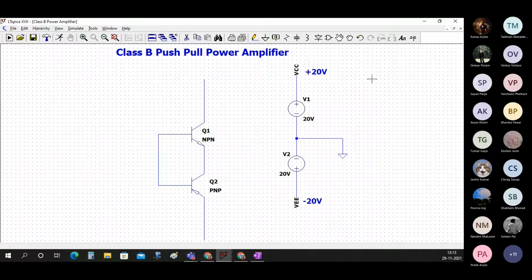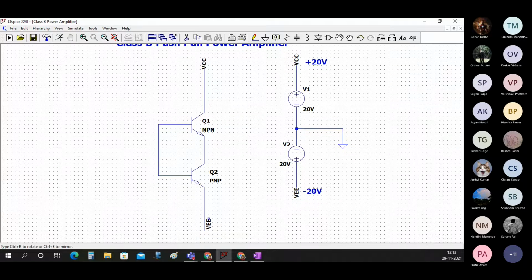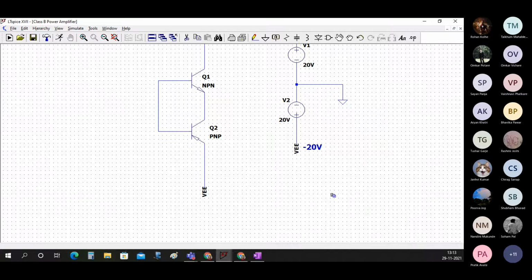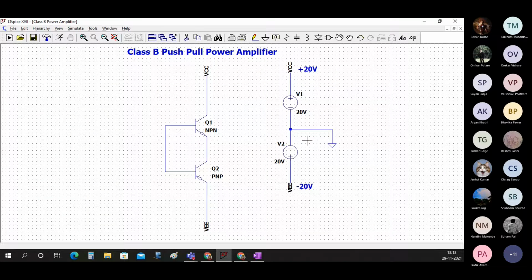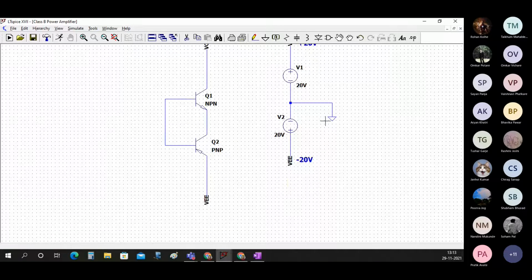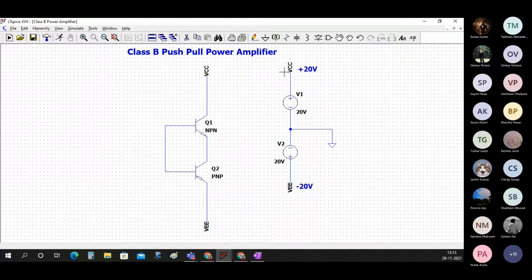So now what I can do is I can just copy this VCC and connect it here. Then I can copy this VEE and connect it here. So what it means is that whatever voltages you generated are now given to this. This VCC is as good as a wire; you don't have to connect a wire like this from here. Though you can do that, there is no need. Spice will consider that VCC and VCC, the nodes are the same, so it will consider that voltage being applied at this node. So this is a new way of applying.